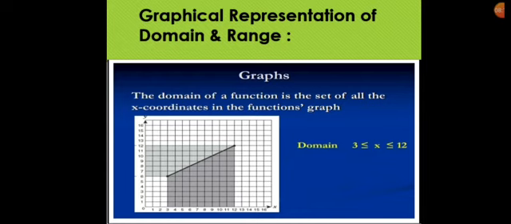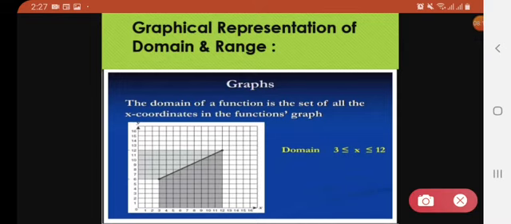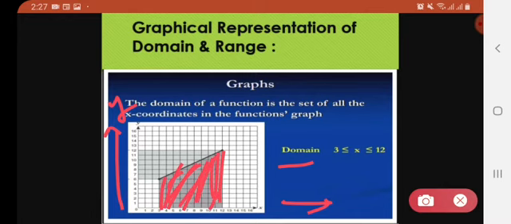Next thing is graphical representation. It means that we are going to learn how to read the graph, how to read domain and range from the graph, right? Okay, look at this. You all know that values of x give us domains, and values of y give us ranges. So domain means the shaded part, as you can see this shaded part, right? In this, what is the value of x and what is the value of y? That would be the range, and the value of x would be the domain. This is what we have to do.